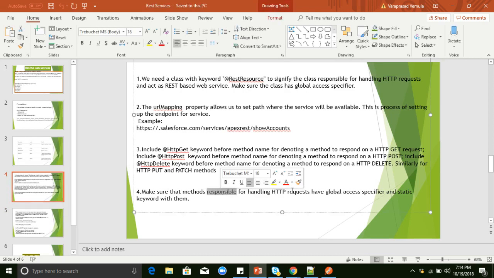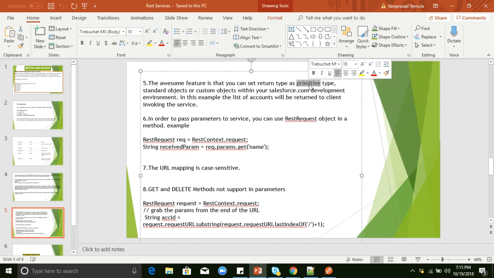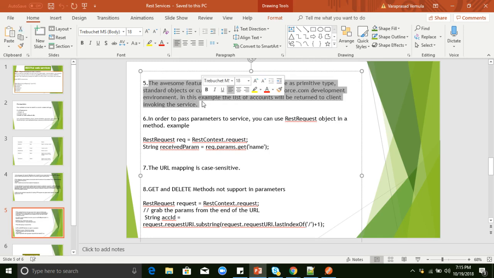And if you want to pass any parameter, in REST we always need to use the global static keywords, and inside, if you want to call any Salesforce, we need to use HTTP classes only. These are the main points. In a SOAP web service the return type should be void, but here in a REST web service we can return primitive data types and objects.